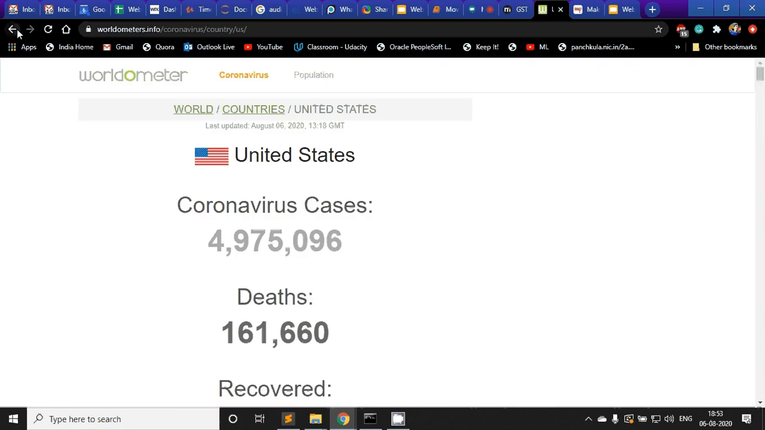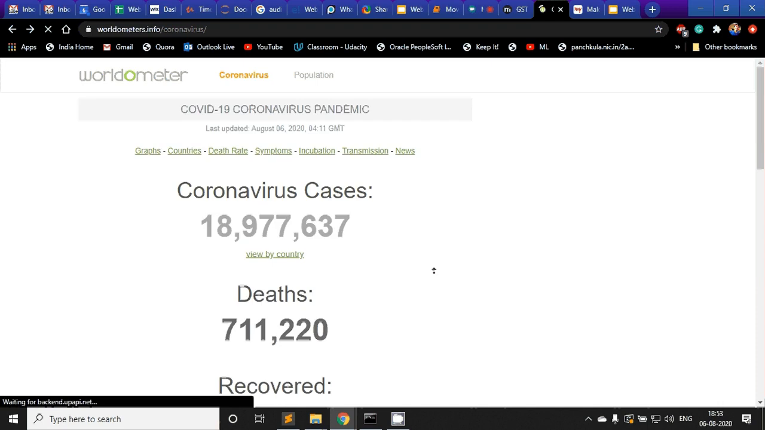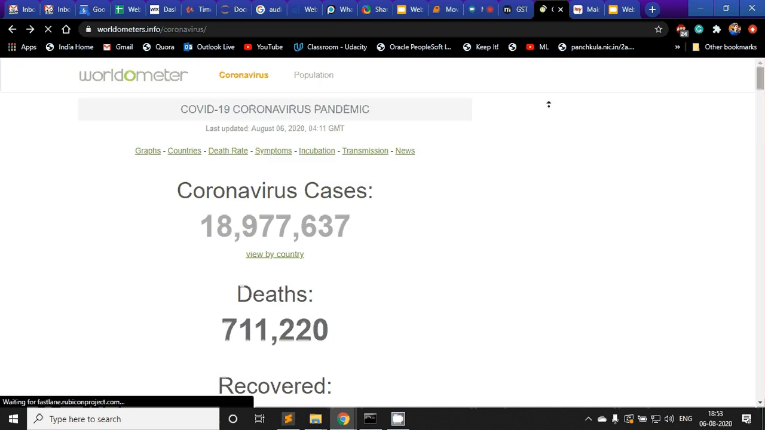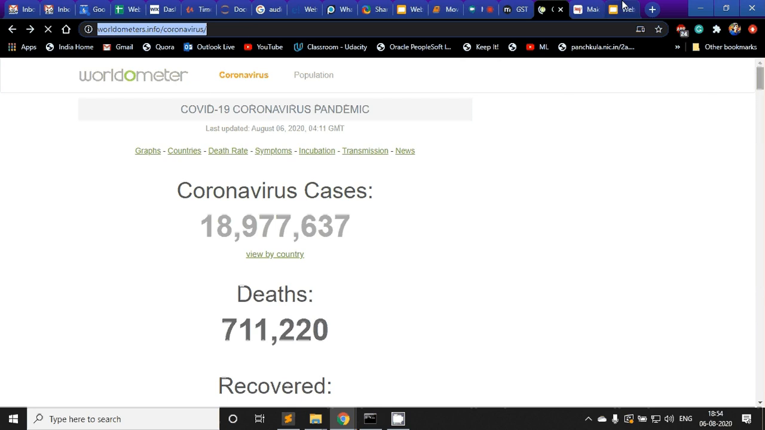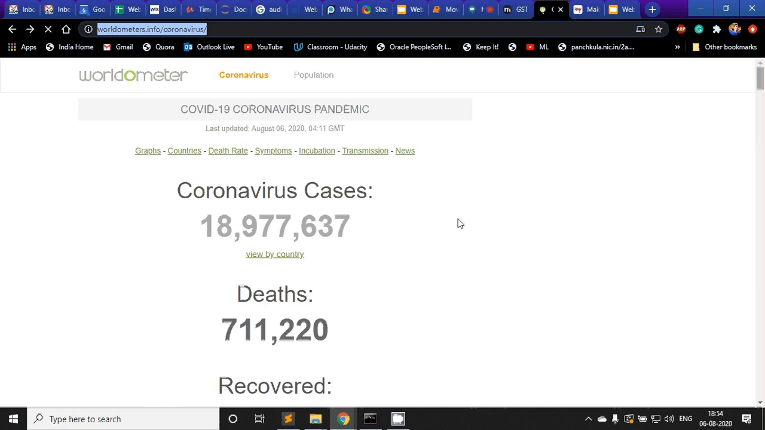So, but ultimately, what this website is doing is it is fetching data from different web sources and presenting it here. Anyway, what I wanted to say was that even these websites are doing web scraping to present data